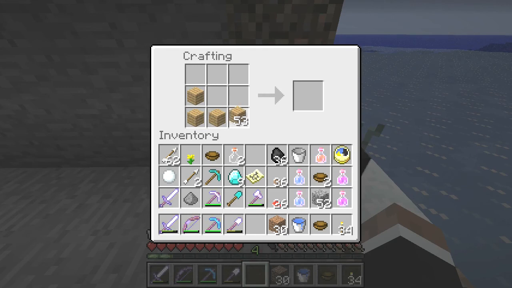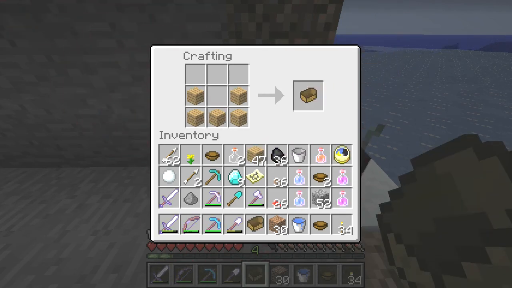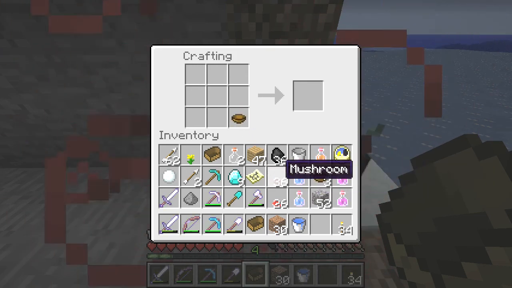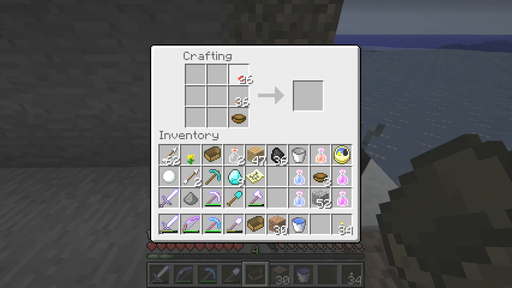1, 2, 3, 4, 5, and another one, because it inevitably will get broken. Bit of a shortage of inventory space, but we'll make it work somehow. There we go. Stack up those bowls. I will actually, while I'm at it, just make myself one more mushroom stew, and then